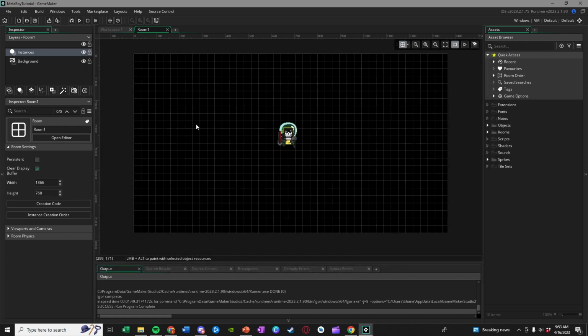Alright, so to get like a level in here, we're going to use a tile set. You can also do this with objects. There's like pros and cons. I think working with objects for like your floors and walls is easier, but when you're talking about like level design, it's a pain in the butt. So if you want to really build like intricate platformer levels, it's way easier to work with a tile set. But I do think like the collision system with tile set is a little more difficult than working with an object. So